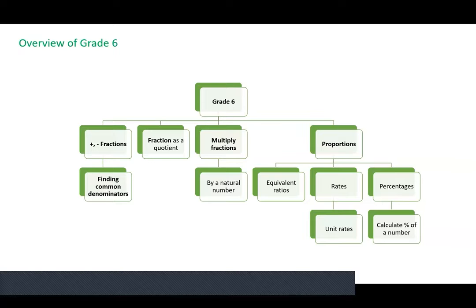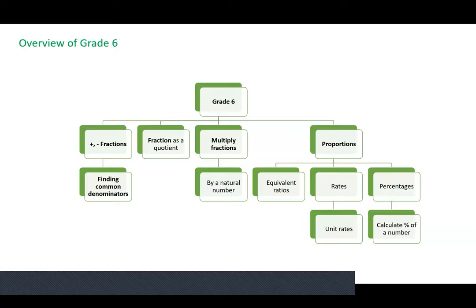And then we're going to look at multiplication of fractions, but we're looking at multiplying a fraction by a natural number, or multiplying a natural number by a fraction. So either one of those. And then proportions. And this is the one where I think I'm going to let this go for today, because